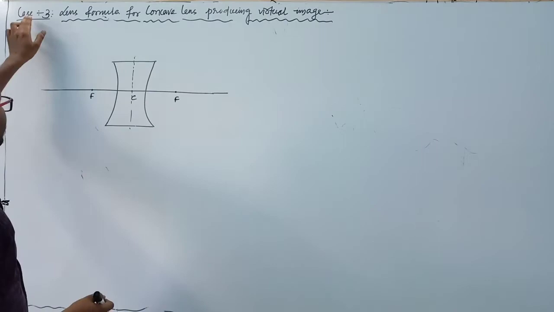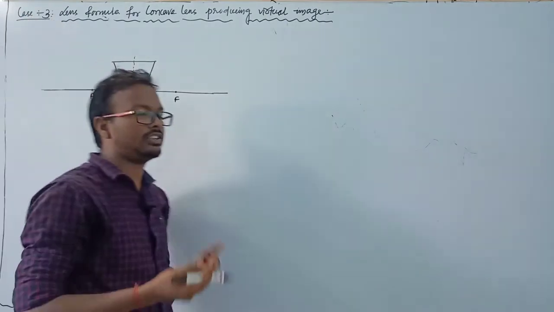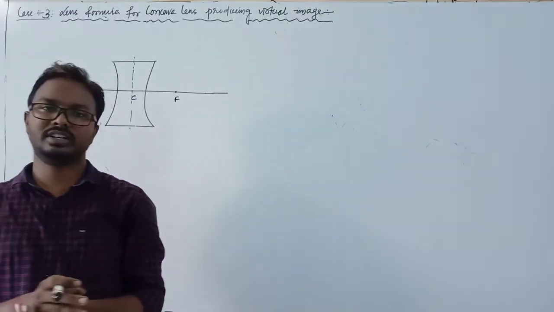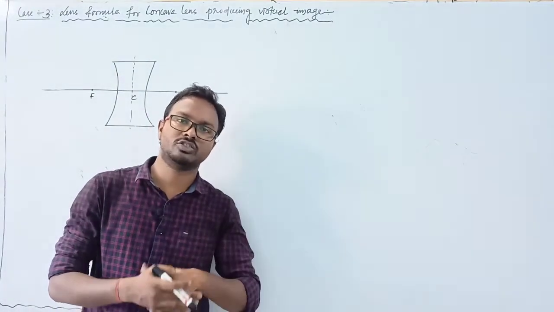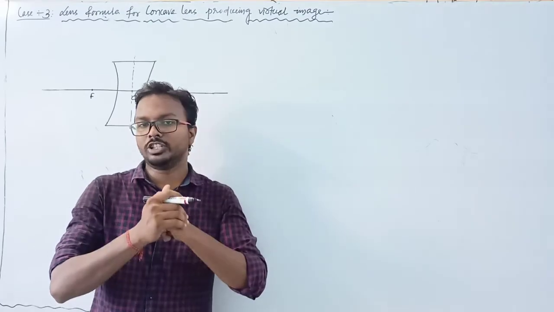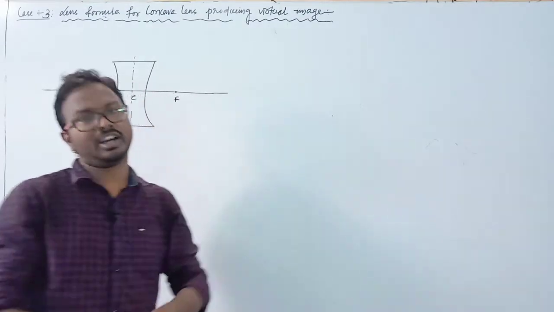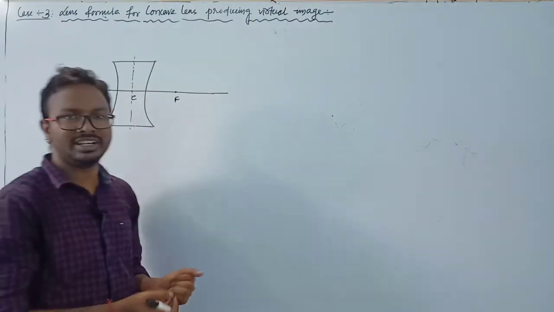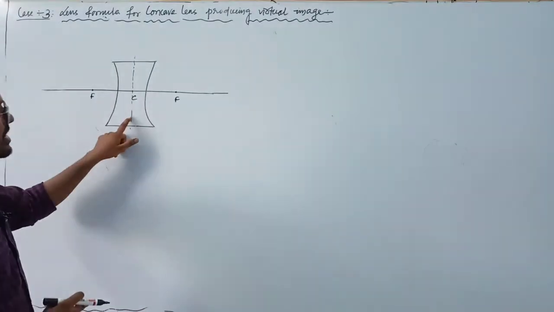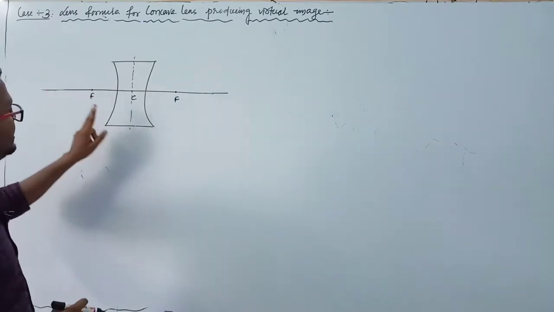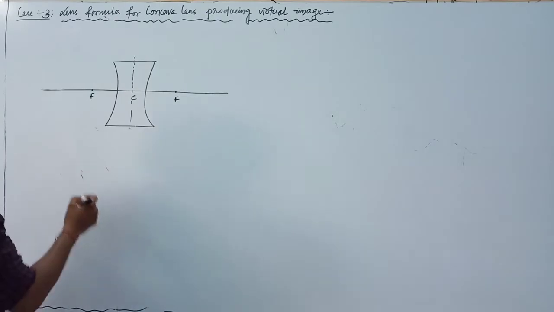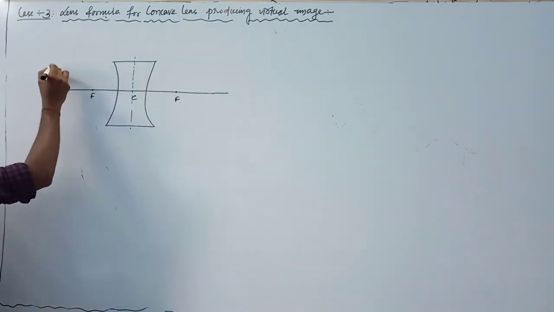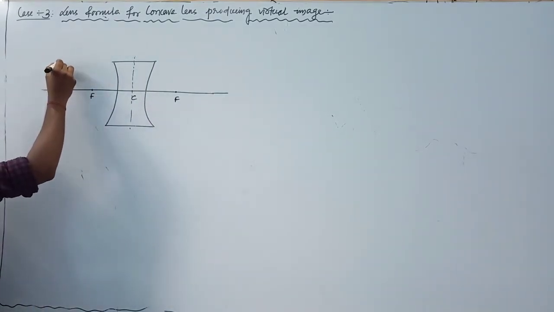Now next, case number 3, we have to derive the lens formula, that is 1 by f equals 1 by v minus 1 by u. But here we have to use another type of lens, the concave lens, and you already know a concave lens always produces a virtual image. So we have a concave lens like this, the two radii of curvature are equal and these two points are focus points. Clear? Suppose there is an object here. If we take an object AB,